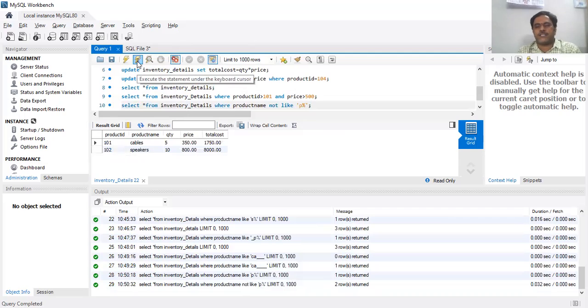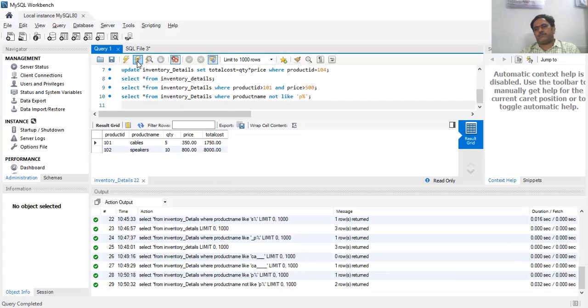So here we'll get the cables and speakers, but we don't get the pen drives, because not like means the condition which is satisfied is not considered. So the rest of the records will be displayed. Only the pen drives which satisfy the condition will not be displayed. This is called not like. So and, or, not, we can use any kind of conditions here in the select statement.